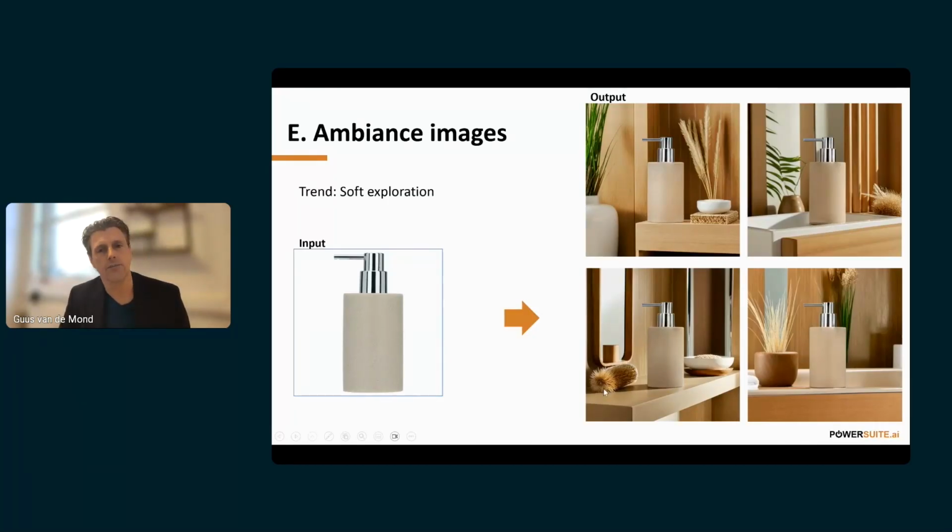So that means, well, I find the bottom left one quite strong. So you can indeed say, okay, now I have the product here, and I essentially generate my backgrounds with it. Well, that's convenient, because if I had to do this the old-fashioned way, I'd need to build a bathroom, set up a small studio, hire a photographer, and then have them photograph all those products there. It takes a lot of time, it's very expensive, and it's not scalable,